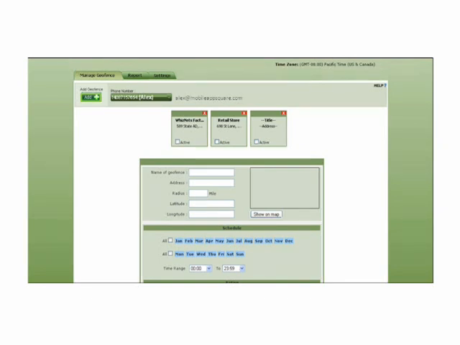To create geofence, choose a user from the phone number drop-down list and click on Add button. Enter the name of geofence, address and radius in the respective text boxes. Latitude and longitude will be taken itself by the system. To see the created geofence on map, click on Show on Map button.